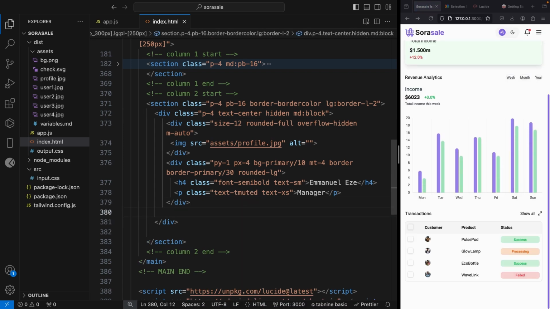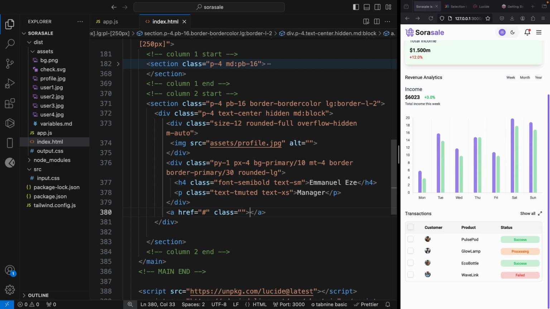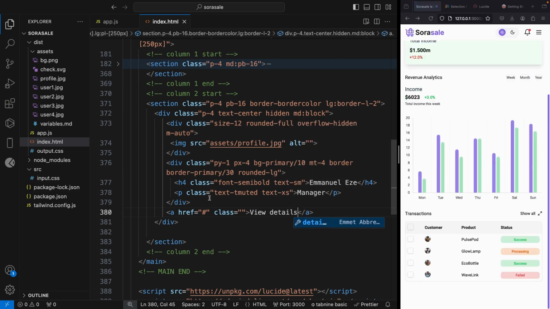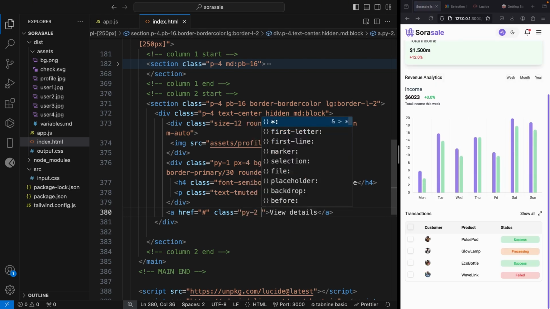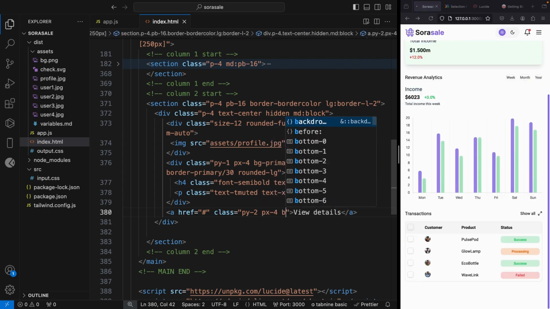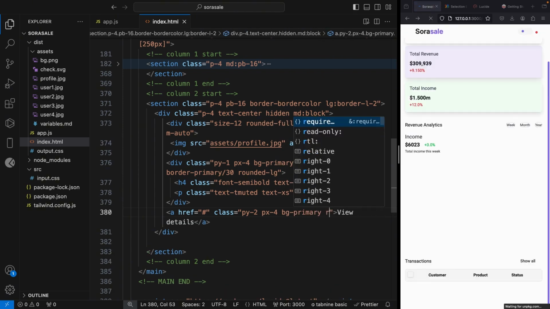Button. Let's create an anchor and let's add some class. So the class we're going to do this, let's say px-2 and py-4 and let's give it a bg-primary and also